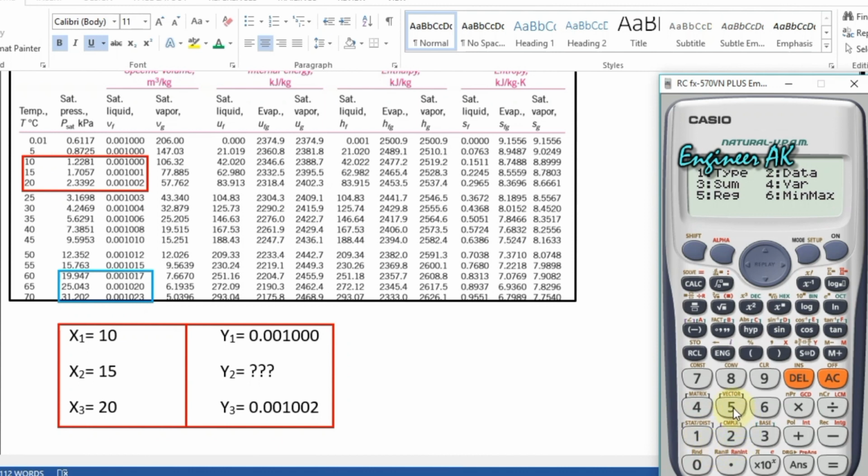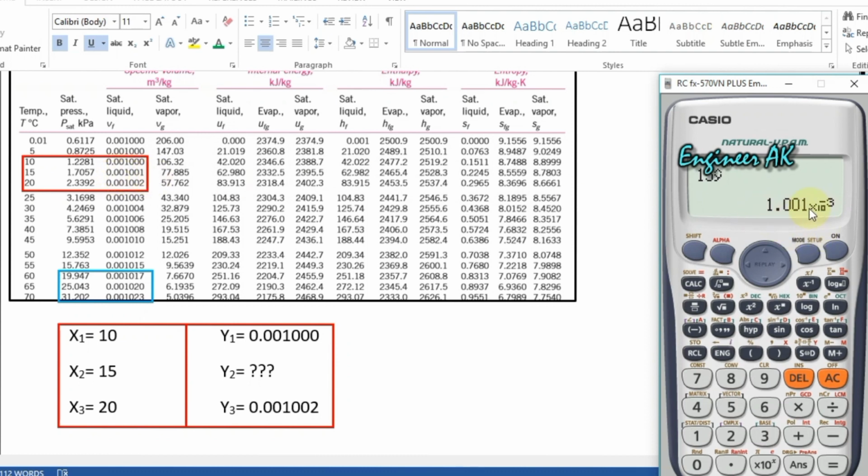Then you have to press 5, this option, and remember this sign must come after the number at which you are going to find the interpolation, right? So let's see, here we go, we are getting the same answer,